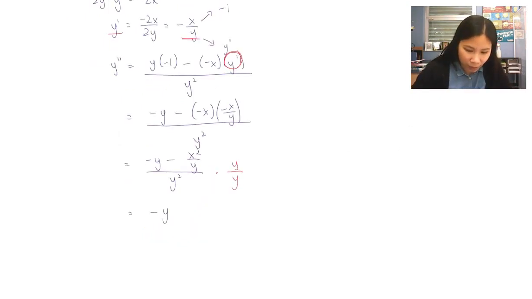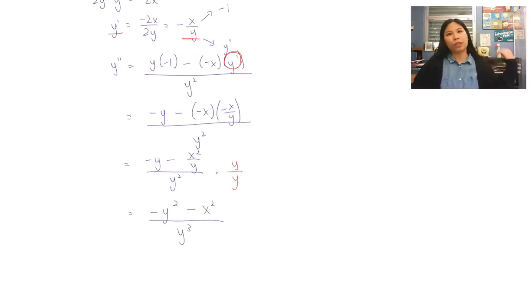And this will give me negative y squared minus x squared all over y cubed now. This looks much nicer. Okay, we're almost there. I just want to simplify just a little bit more because if you remember, our original equation was that